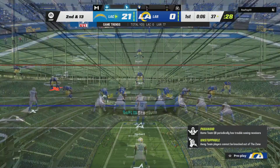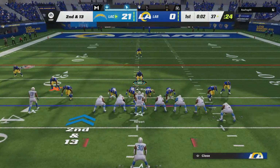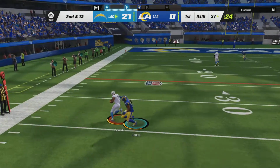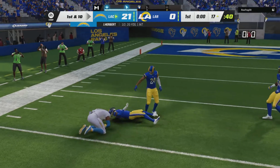But what's fun about it is, you know they're going to be in the film room after this ball game, telling all their teammates, maybe I should shift over to offense. I've got skills. What do you think? Oh, absolutely. I always find myself cheering for them after they intercept it. Unfortunately here,